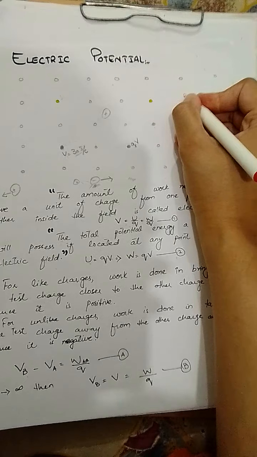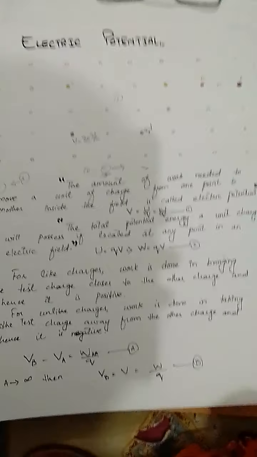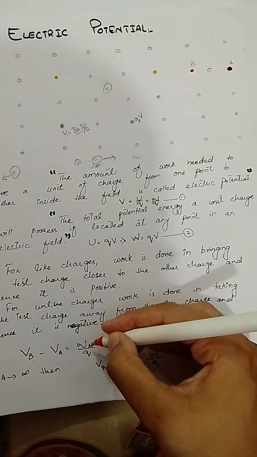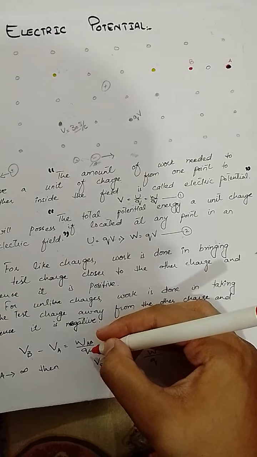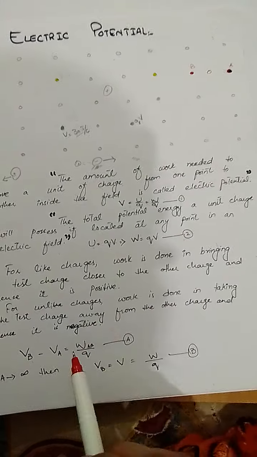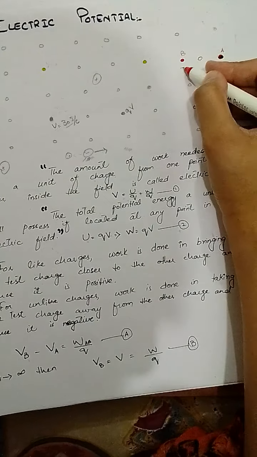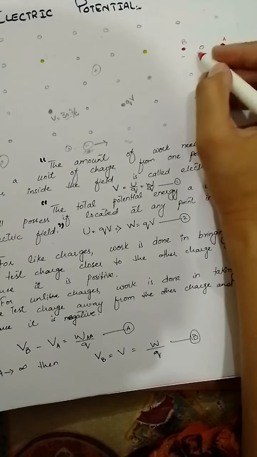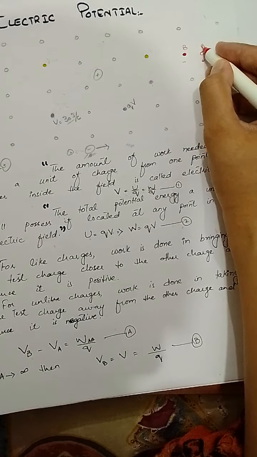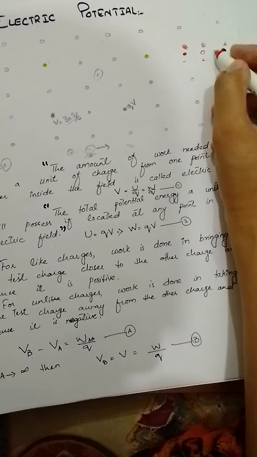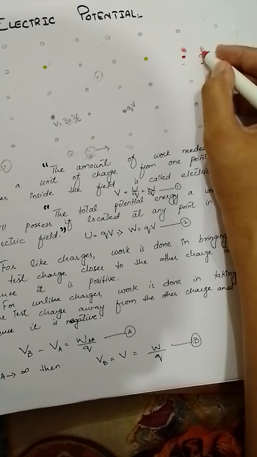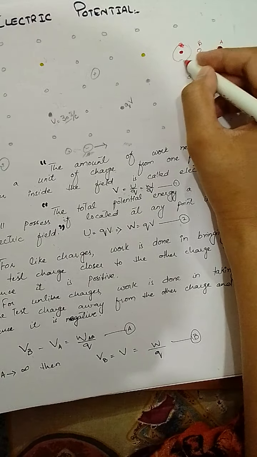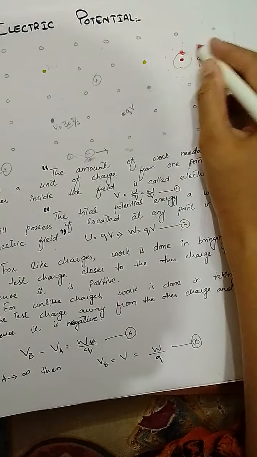Let's suppose this is the point B and this is the point A, right? So the work done for a unit charge will be equal to, in this case, the difference between these 2 points. The difference between point A and point B. This is the charge which is producing the electric field,